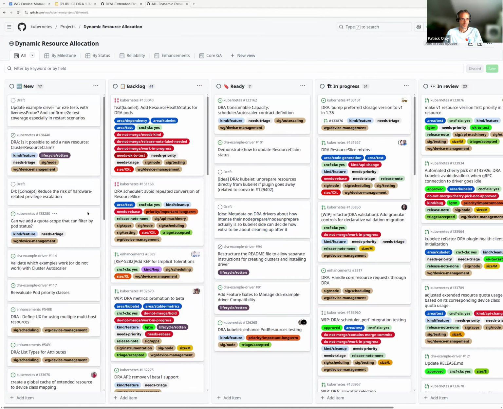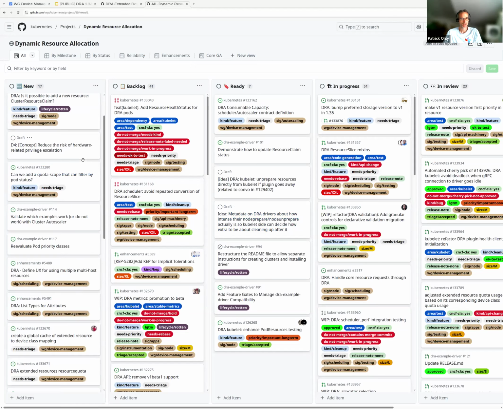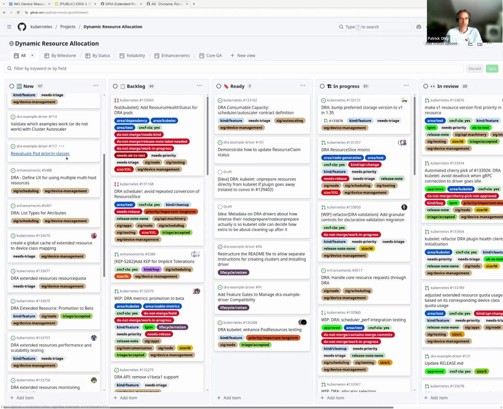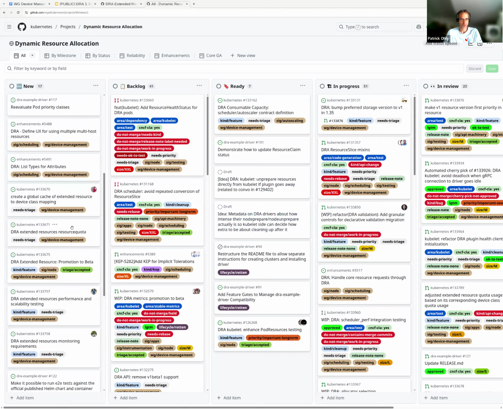In general, the working group device management meeting would be a good time to go through this. And we probably need to do that because here are some of the new things. Some of them are fairly old. I'm not even sure whether they are relevant, but we need to triage basically and determine whether that is something that needs to be worked on. And for some of these, I don't know what to do. That's why they are still left in new.